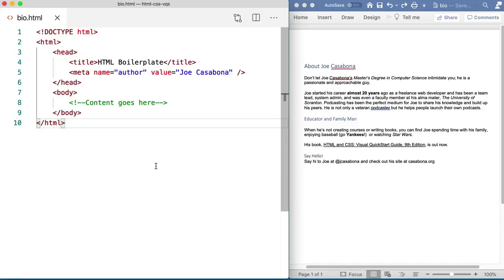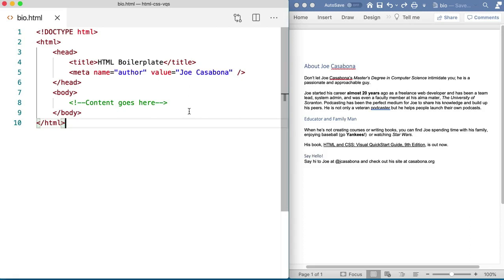Now that you've gotten a good introduction on how to format text, we're going to take a fully formatted Word document and convert it to HTML. So on the right here, you see the Word document. This will be included in the GitHub repository as both a Word doc and a PDF in case you don't have Word. And on the left, you see the HTML file we're going to be working with, which is called